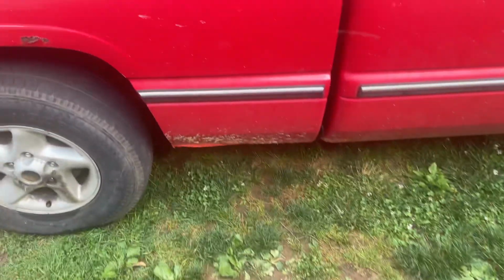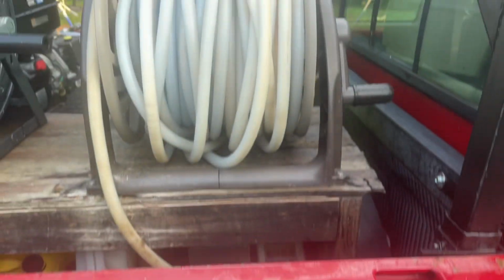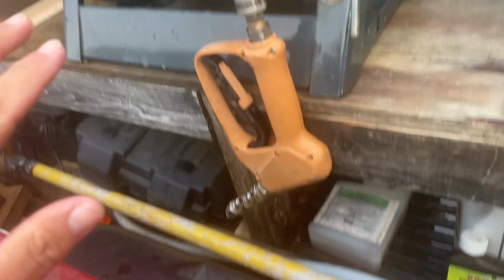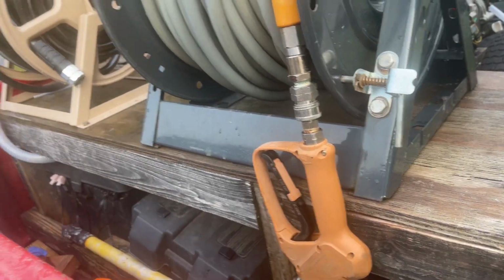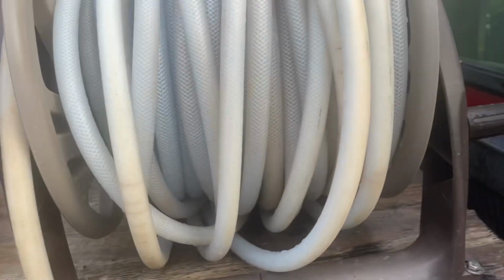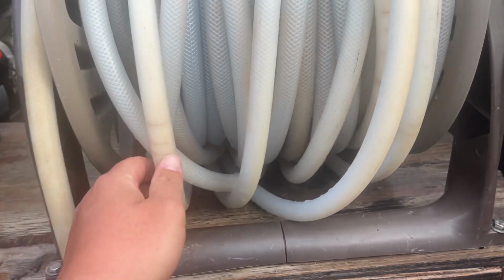Hey guys, in today's video I want to talk about which soft wash hose I use. I do a whole lineup. I did pressure hose yesterday. Like I said, never kink. I'm not going to do anything on it yet, but this soft wash hose, and you can see this part right here